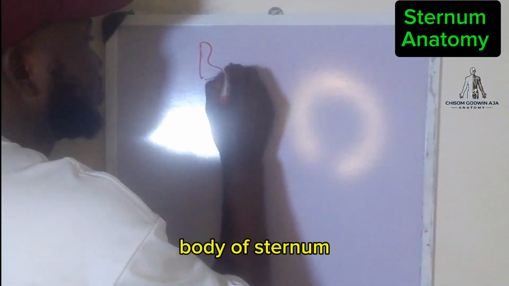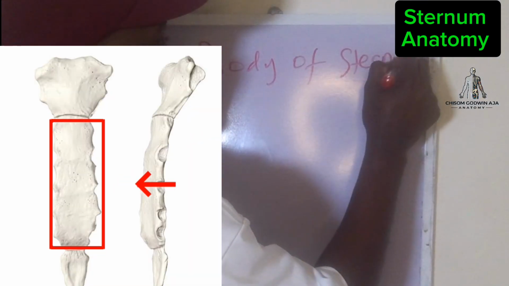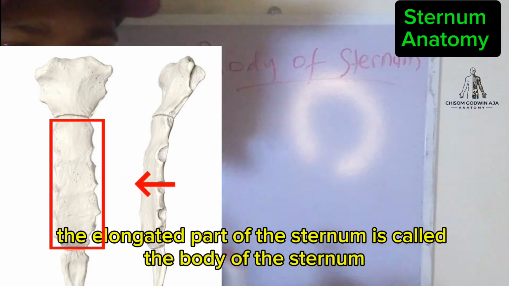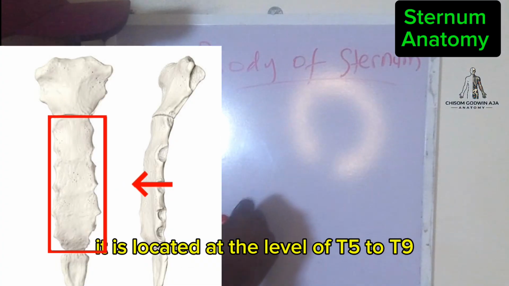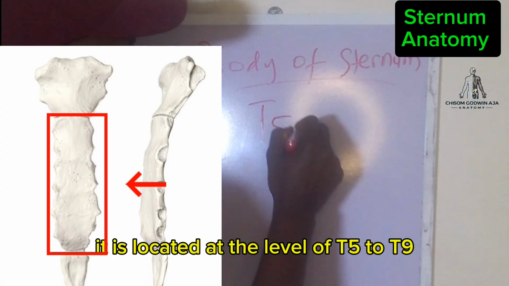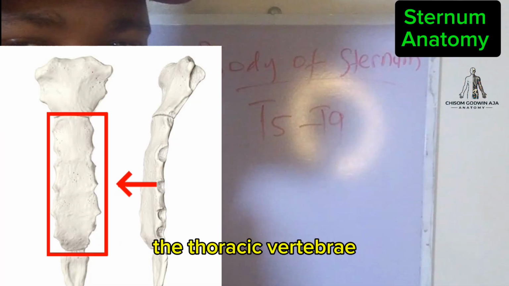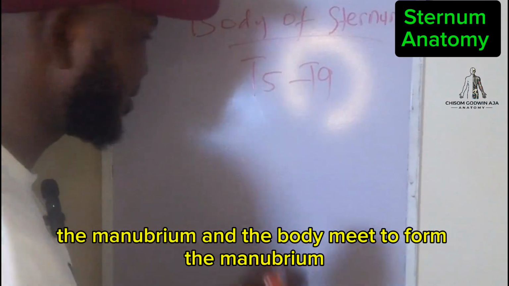Body of sternum. The elongated part of the sternum is called the body of the sternum. It is located at the level of T5 to T9 thoracic vertebrae. The manubrium and the body meet to form the